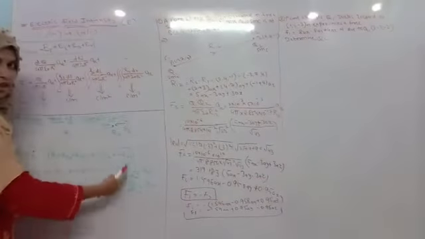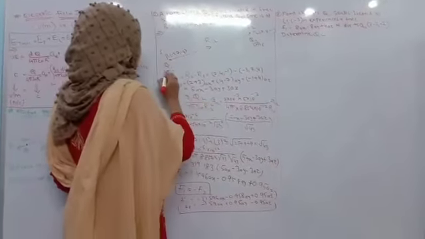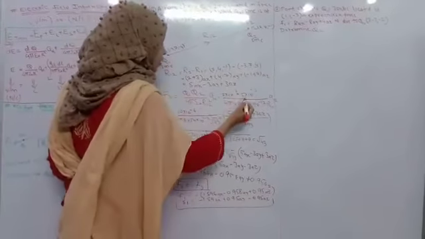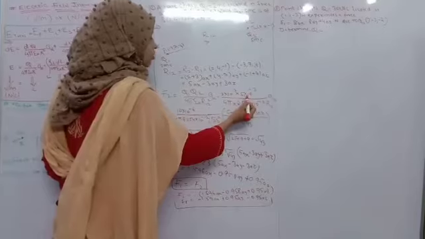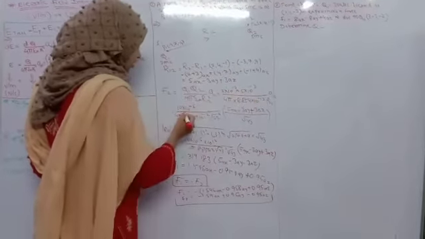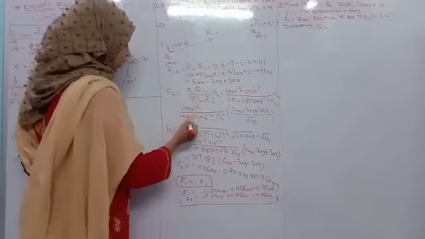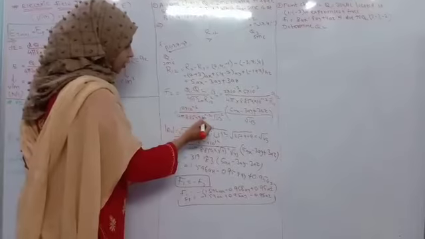Already I have mentioned here the Q1 and the Q2. How we can calculate the force. So Q1 is nothing but 2 milli and Q2 is nothing but 5 milli. So in this way 2 into 10 to the power minus 3, and 5 into 10 to the power minus 3. Here it will be minus 6. Okay, 2 into 5 is 10 here. Now 4 pi epsilon 0 value will be constant, that is nothing but 8.854 into 10 raised to the power minus 12.